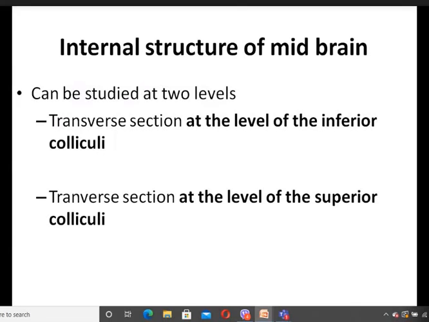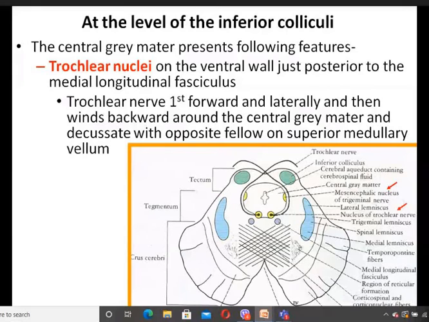So move on to the internal structures of the midbrain. It can be studied at two levels, that is the transverse section at the level of the inferior colliculi and the transverse section at the level of the superior colliculi. So if we cut the midbrain at the level of the superior colliculus and at the level of the inferior colliculus, what are the important features we can find? Talking about the level of the inferior colliculus,